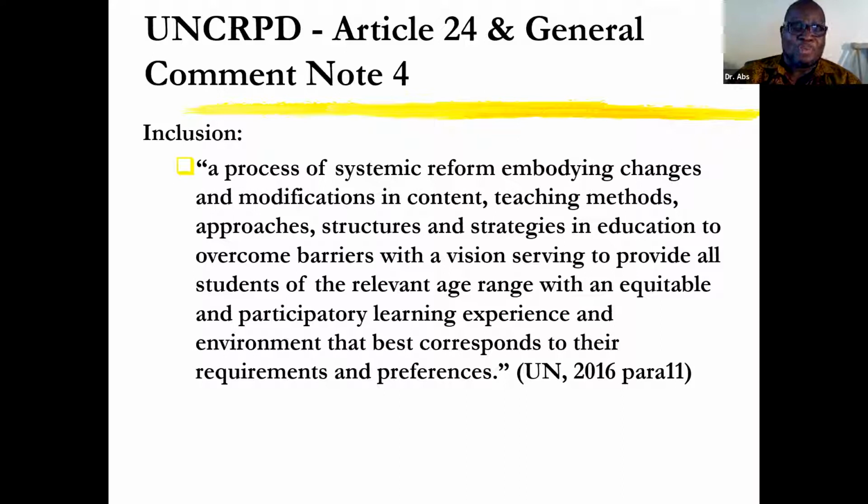I think, to me, I see inclusion, especially in terms of development, as a science, because it's a process. It's a process that ensures that we change and have a systemic reform, bringing about a change of mind, a change of approach, a change of structures. And in the context of education, it's about how we remove some of these barriers so that people with disability have equal access to education, to employment, to health services, and all of this. So I think it has to ensure that we become more participatory in the process.